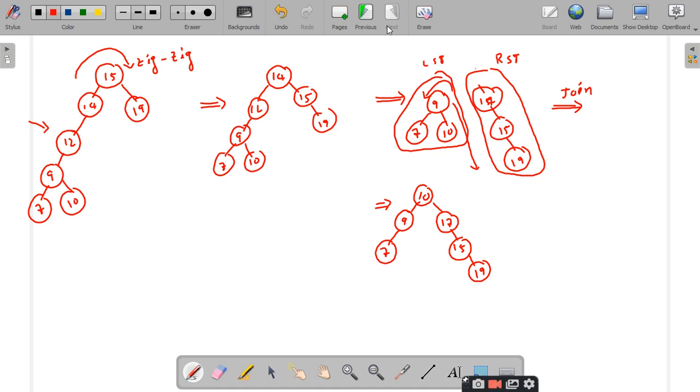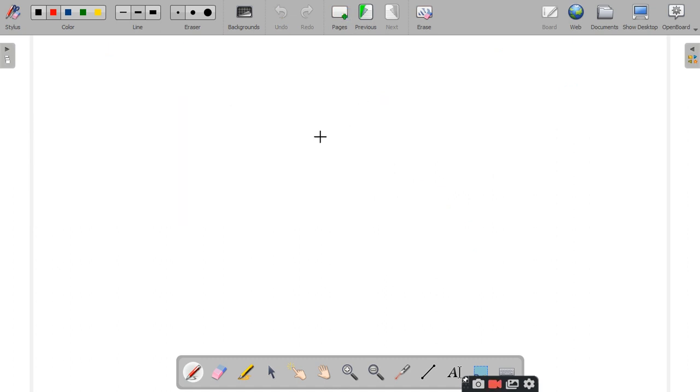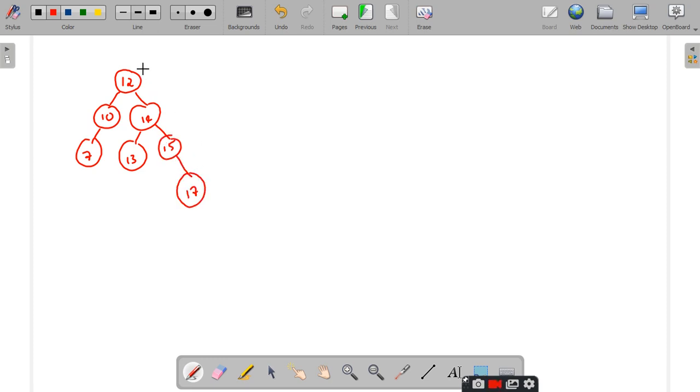Right. So let us take some more different cases. For example, I want to remove 12. What do you have to do in the top down approach?